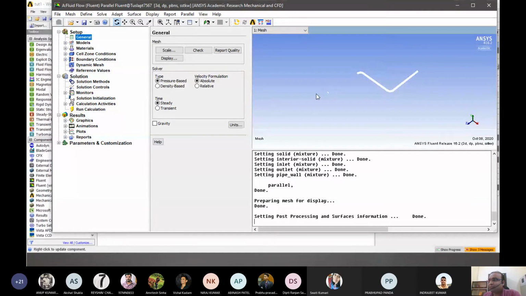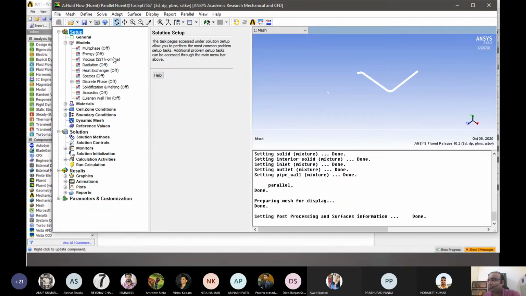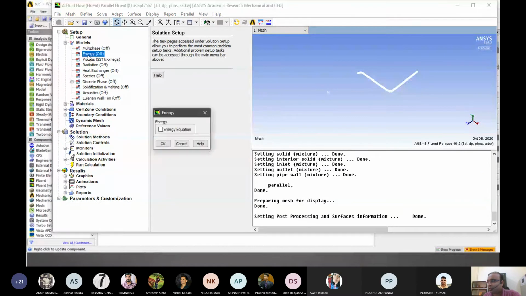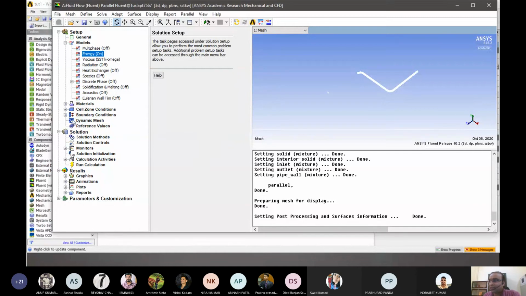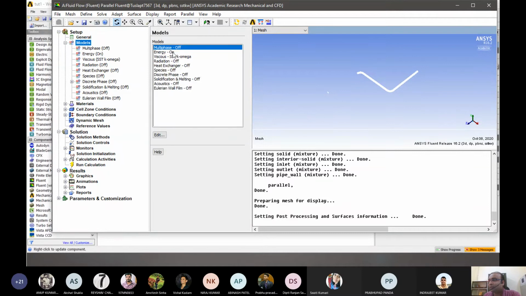So the first thing to change here is, apart from the turbulent model that we are using, we are also defining the heat processes. So we have to define this model as thermal. Energy is the model where we do that, and this can be defined by energy equations. So we just select the energy equation and click OK. That's the portion where we define that our model will also handle the thermal effect.